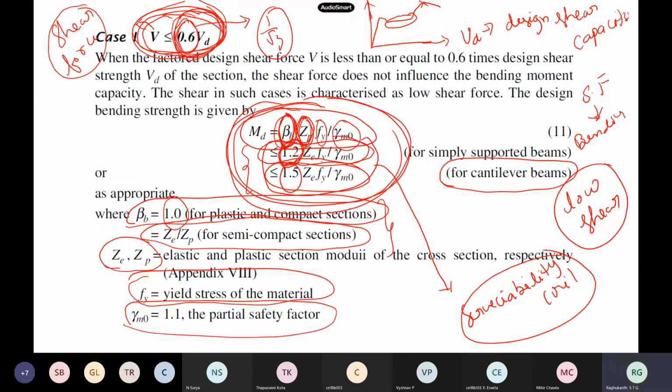So why have these two extra things been given? Why this 1.2, 1.5? Why do we require this one? Serviceability. Excellent, serviceability. If it is these things, your beam may go into the plastic range, so the yield deflection may be more, which is not wanted. And this 1.2 is more or less similar to your shape factor and other things.